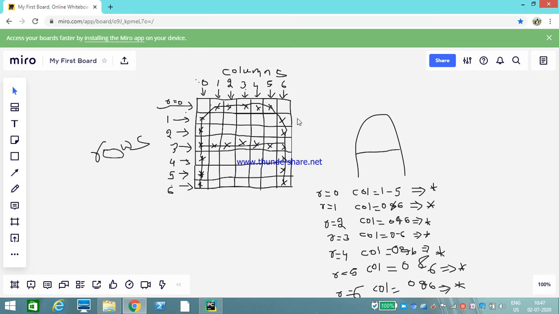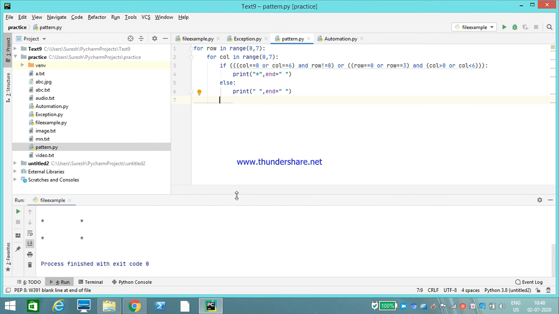What do we need to include to come to the next line? We need to include the new line character. So we print the new line character. After printing each row, we need to come to the next row. That's why I have included \n. Okay, this is my program.